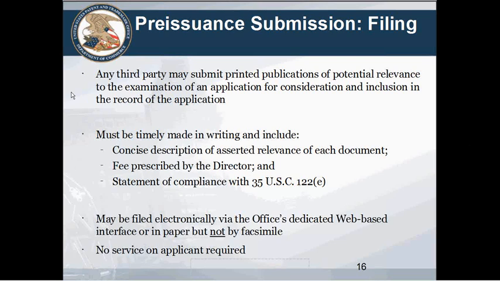Okay, the submission is for consideration by the examiner. Now, the submission has time limits and must include a concise description of asserted relevance to the publication being submitted. There actually may be a fee. Yes, indeed. We like fees. Now,